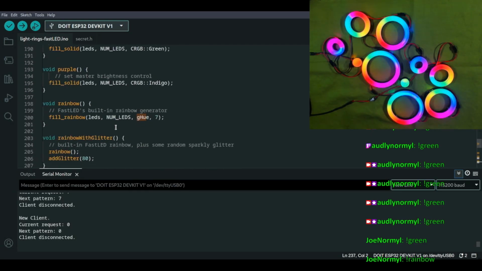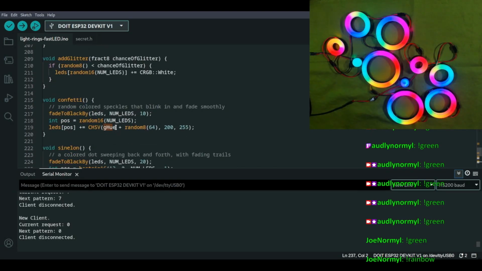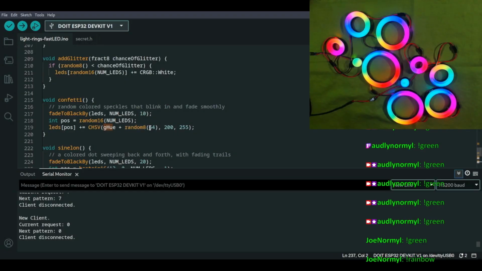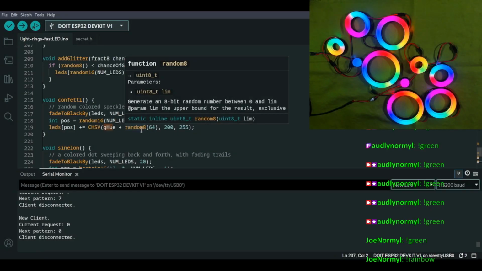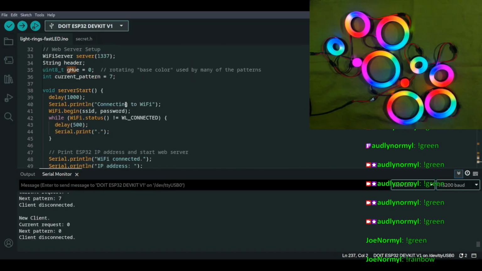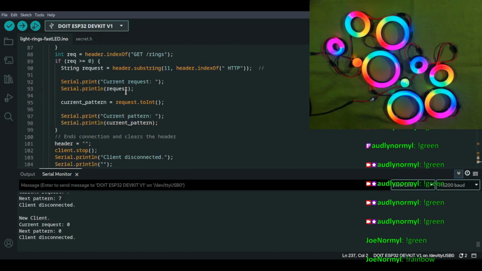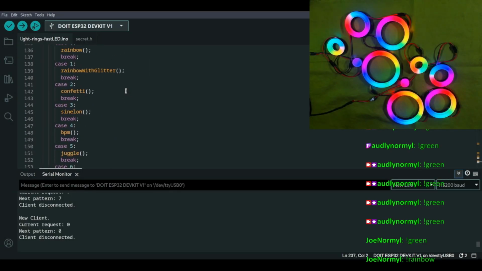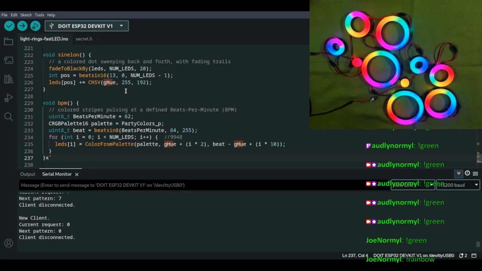Let's figure this out. gHue plus random 8-bit number up to 64. Let's run the confetti and see what that looks like. I don't know if I've identified which one is which yet. Okay, number 2. I don't think I've tested number 2.